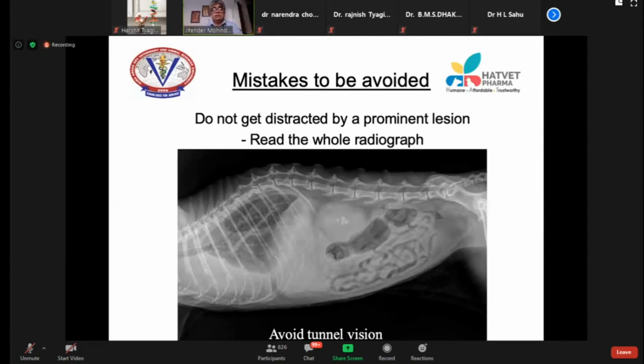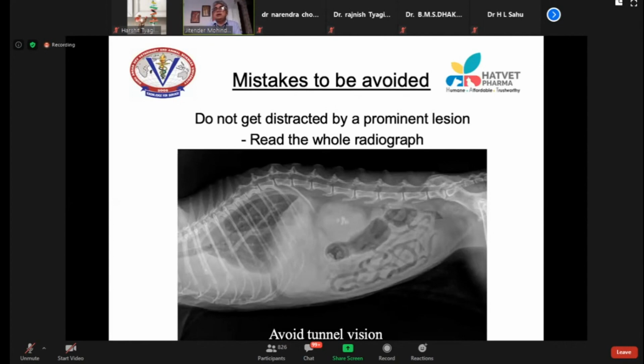I will see the thorax, the abdomen, the lungs, then heart, then body wall, then GIT, liver, kidneys, urinary system. Whatever pattern you follow, you have to follow that pattern every time.